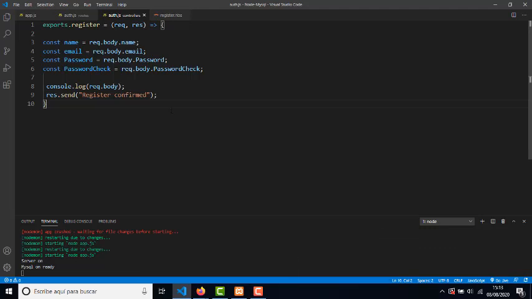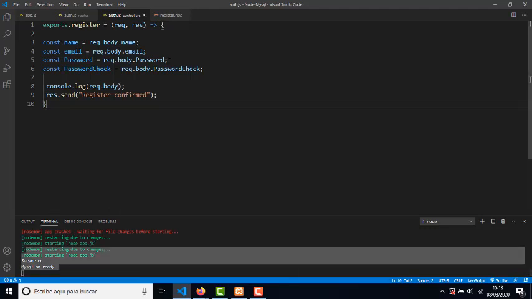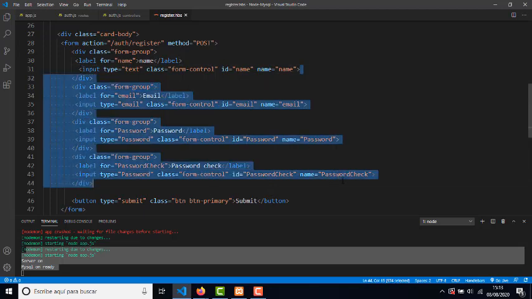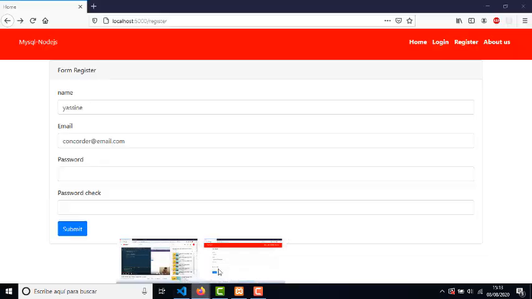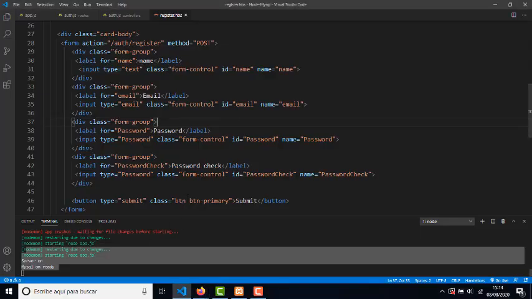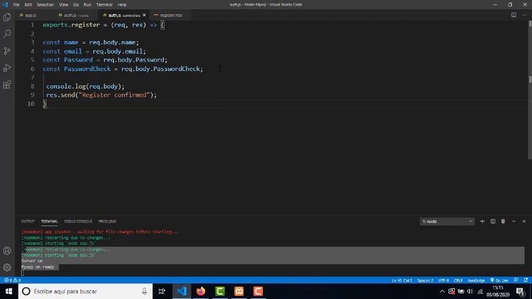And now our server is working because we confirmed. Each one has the name and the type. Remember the ID is password check, password, email, name, the same with the name. And here we go. That's how our variables connect the out.js inside the folder of controllers with